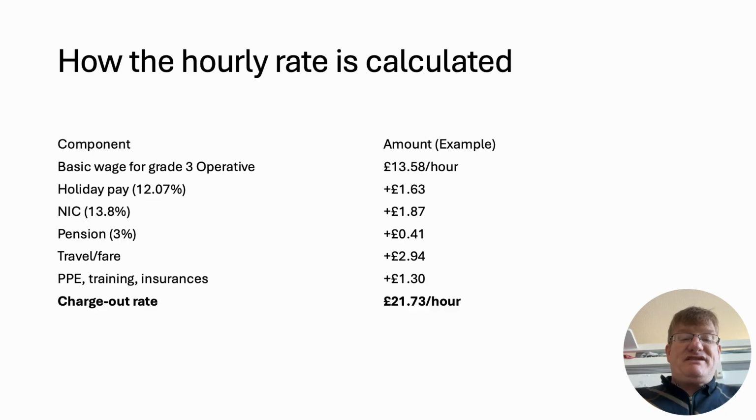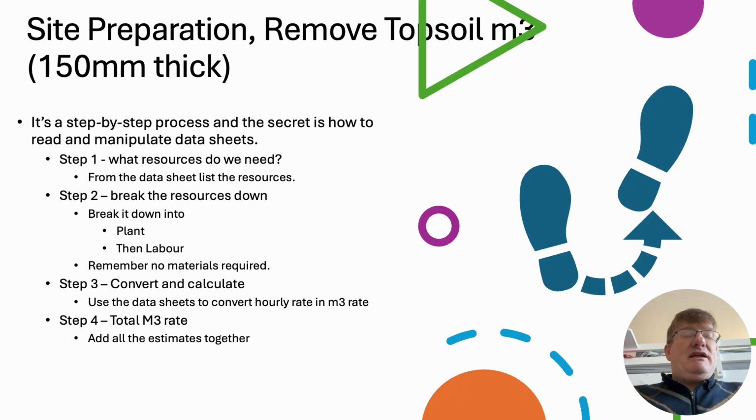As you move up through the scale, they get paid a little bit more because they're starting to become more skilled. Not quite craftspeople, but there's a recognition of the training that they've done. So that's how you would calculate the